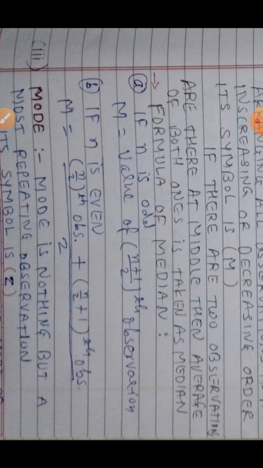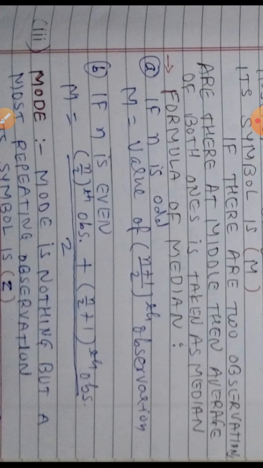So n by 2 means, suppose we are taking the example of 10, then 10 by 2 is 5, then n by 2 plus 1, so 5 plus 1 is 6. Okay, so the total of both observations divided by 2. Why? To take the average. So for taking the average we just add both and divide by 2. And don't mix up both brackets here. In odd it is (n plus 1) by 2, and here in even it is n by 2 plus 1. So these two are not equal. N plus 1 then divide by 2, and here n divided by 2 plus 1.